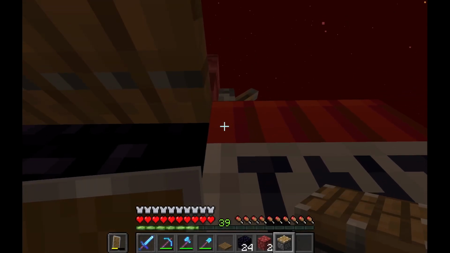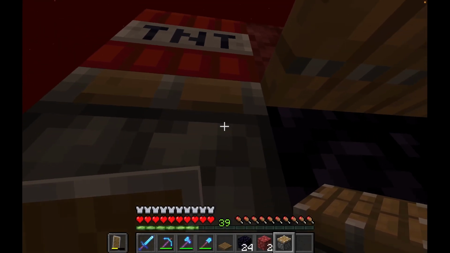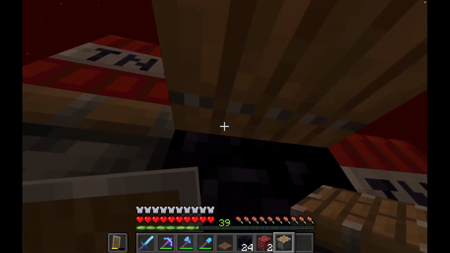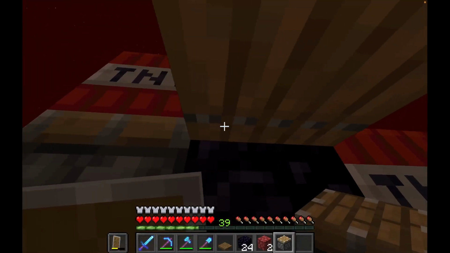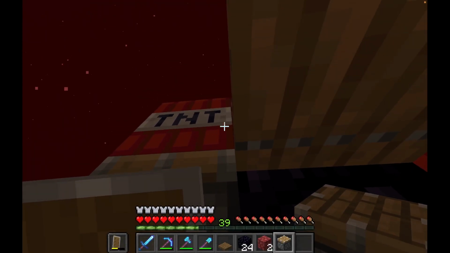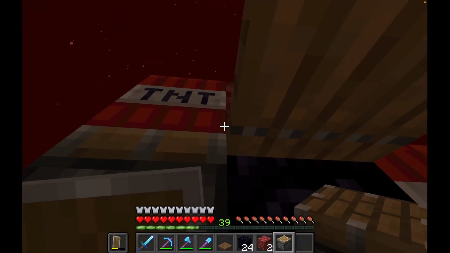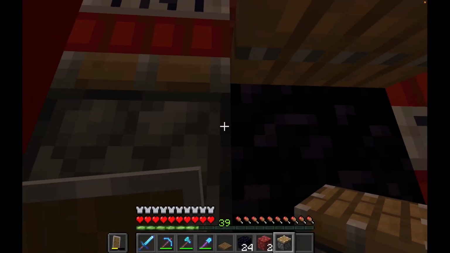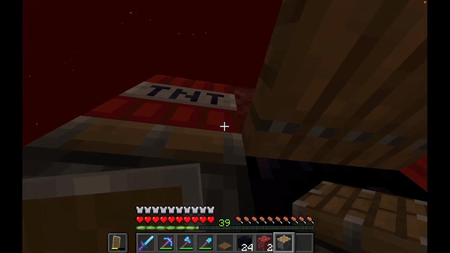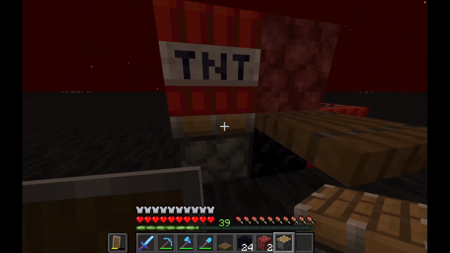So you flick the lever, and in the meantime you travel all the way over here while still remaining inside the trapdoor. What's going to happen is when you flick the lever, the TNT is going to get ignited because there's a redstone signal coming out. And of course there is the fuse time before the TNT actually explodes. During that time, the piston is also going to be extended because it's getting powered by the block over here, and it will extend upwards,